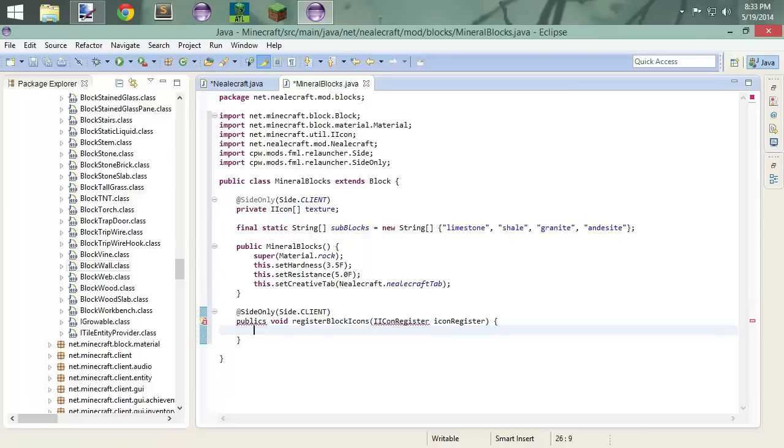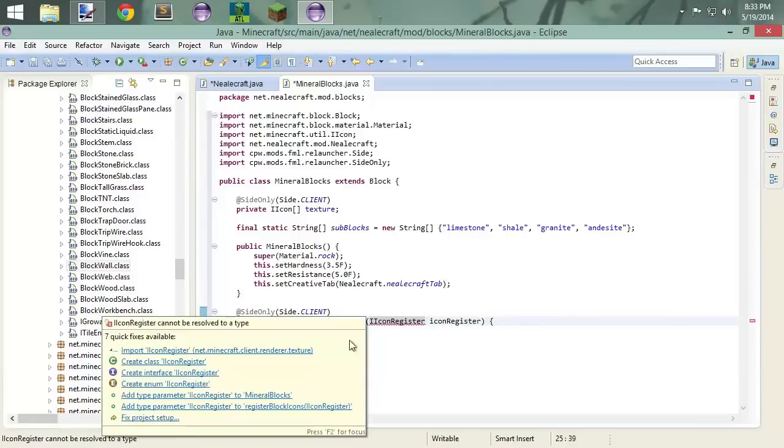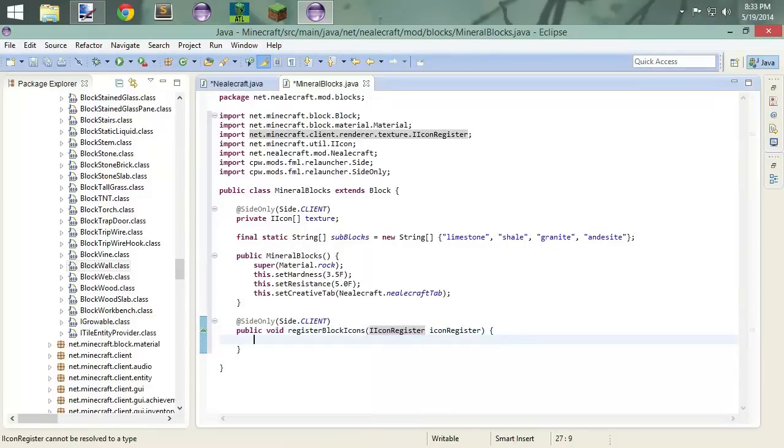All right, public void, and icon register, and we'll need to import that, I'm sure. And we do. Okay, so here's the deal. We have 4 different things we need to texture. So we don't want to do 4 different methods. Really what we want to do is specify,